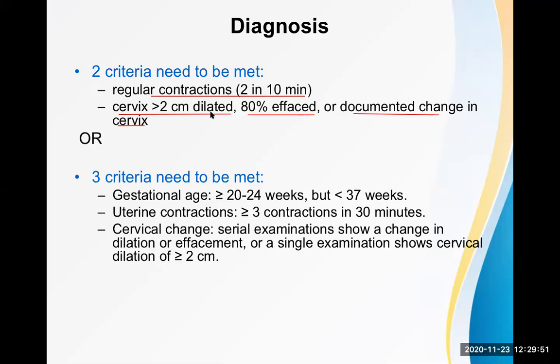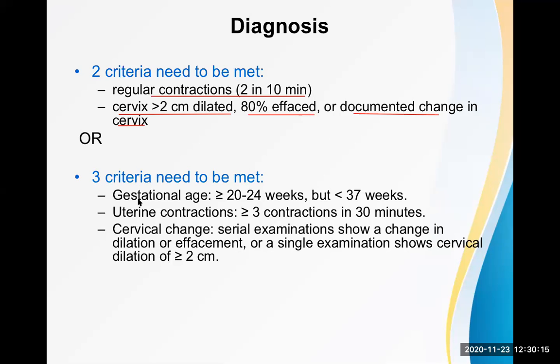Now see here, the cervix is already dilated and effaced. That means the first stage of labor has already started with those regular contractions of the uterus. So if the lady is prior to 37 weeks of gestation and later than 20 weeks of gestation, we call it preterm labor.